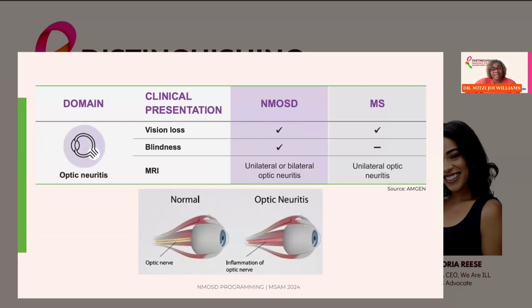So what about optic neuritis? Again, this is a symptom that we see with MS. Some people can have optic neuritis and not have any other symptoms of demyelinating disease, but certainly this is one that raises concern. And with optic neuritis, we can see the comparison between NMOSD and MS. Certainly people can have vision loss. Sometimes they can have decreased color vision. Sometimes they can have spots in their vision, but we more often see blindness with NMOSD. So there may be more severe vision loss, and there also may be poorer recovery. And then also we talked about earlier that people more often have bilateral or both eyes affected with optic neuritis in NMOSD than they may have with MS.